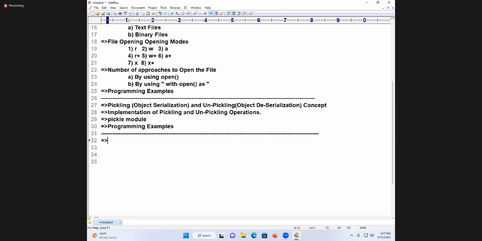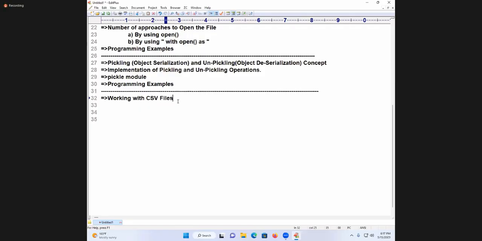Now, next, working with CSV files. If you don't speak, you are the laziest people in the world. In my class, you have to speak. In other classes, faculty and students will not speak anything. They will go on explaining something and you'll go on looking at the board, class is over, course is over. That's why you're roaming on the roads.